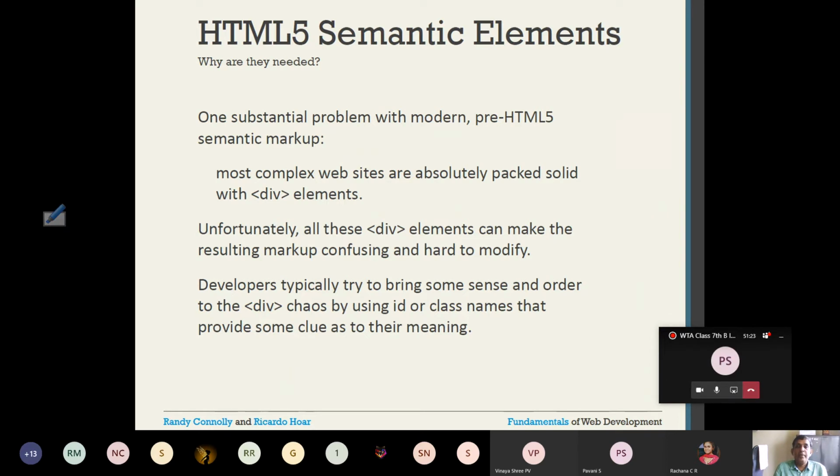That means some elements or tags give meaning to our web document. Why should we give meaning to the web document? One of the important reasons is search engine optimization. That means search engines can easily recognize what the document contains.